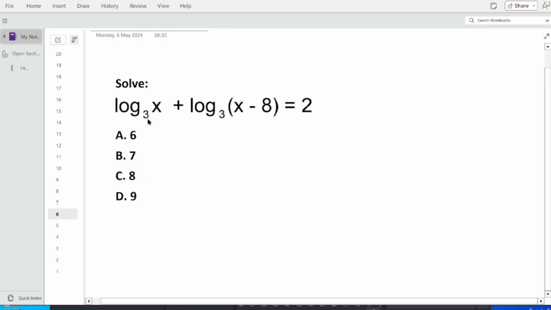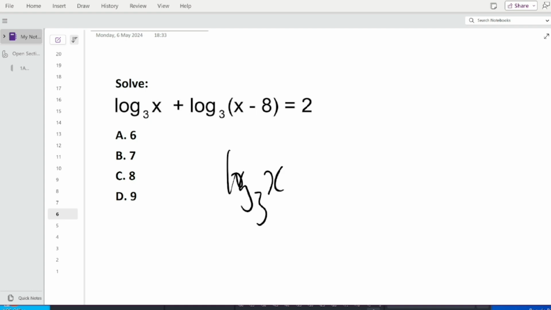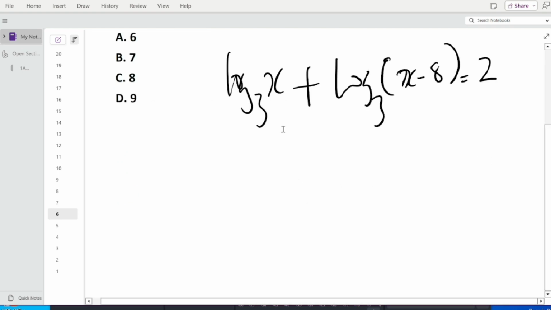Question 6 says log base 3 of x plus log base 3 of (x minus 8) equals 2. If you're very good with solving your log questions, this is an easy question. You have log base 3 of x plus log base 3 of (x minus 8) equals 2. Since both have log base 3,